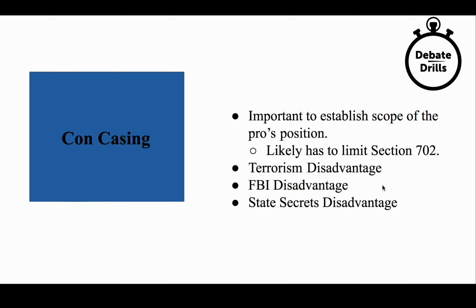Another position is definitively more legal focused, but could still be of use, which is the state secrets disadvantage. The legal doctrine, known as the state secrets doctrine, basically gives the government extensive privilege over information related to national security. And when you impose limitations on what organizations are able to do, that will likely have effects on precedent and also may have effects in terms of further litigation.